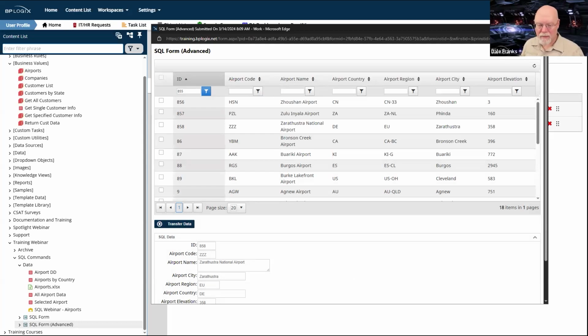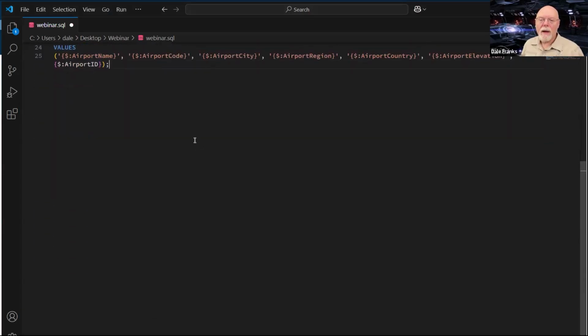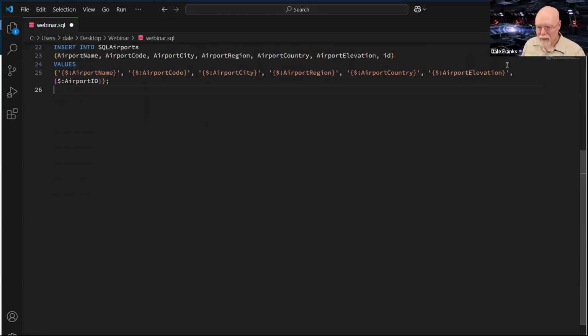Let's delete a record. I probably should have kept this when I had it pasted here a minute ago. So, okay, so right there, in terms of my airport data, is the most dangerous SQL statement I could possibly write.